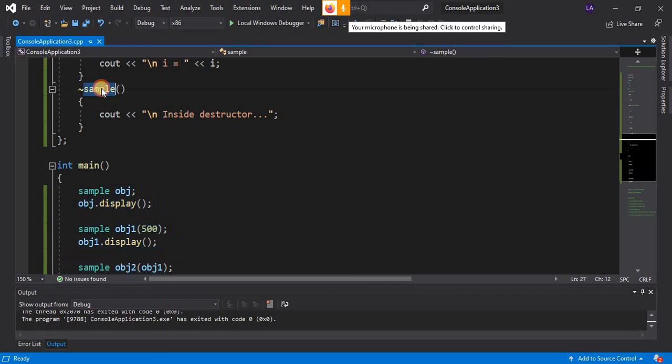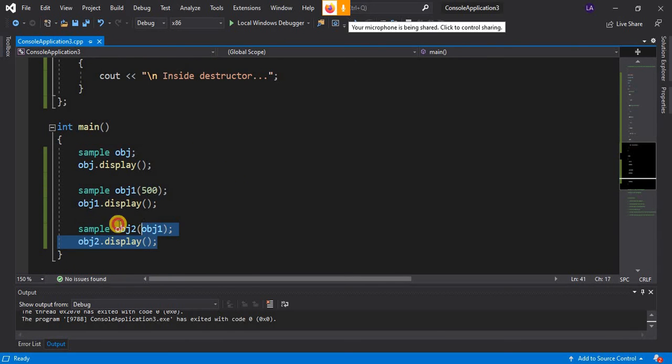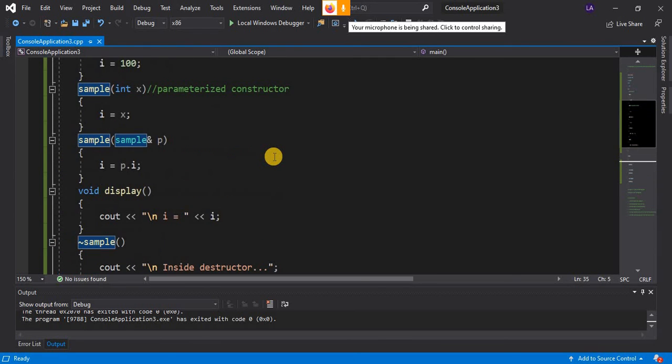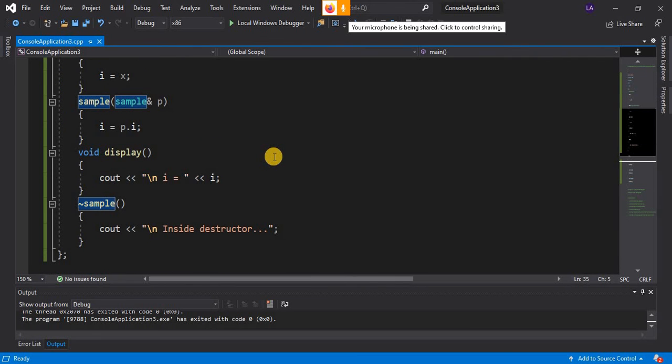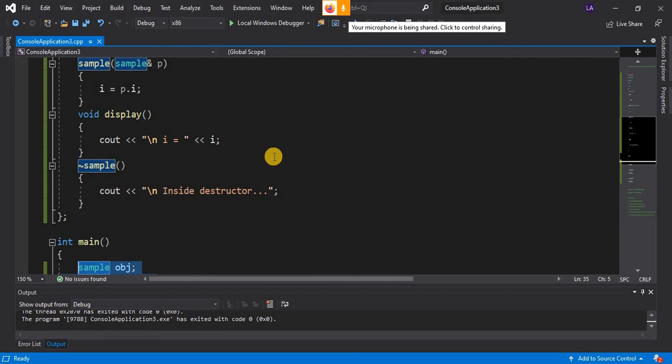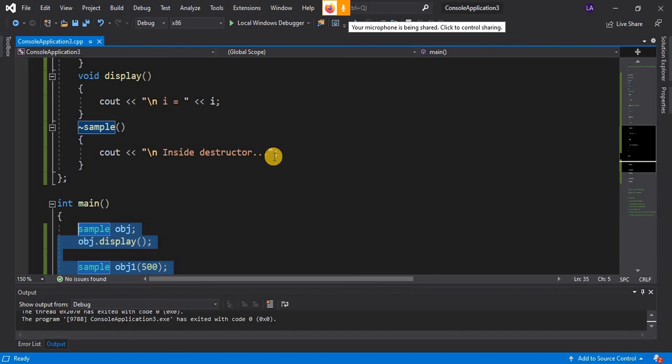One kind of destructor, a simple destructor, is sufficient to destroy all the objects created by varieties of constructors. So this is something about constructors and destructors in C++.